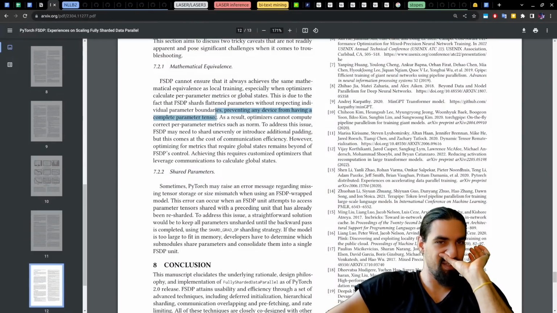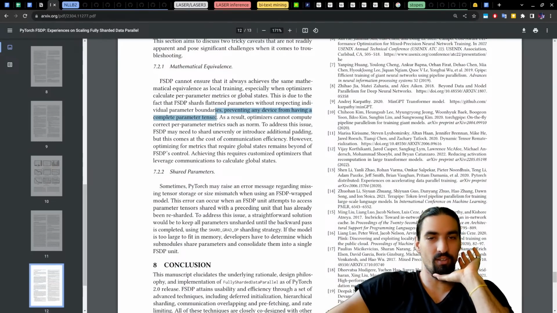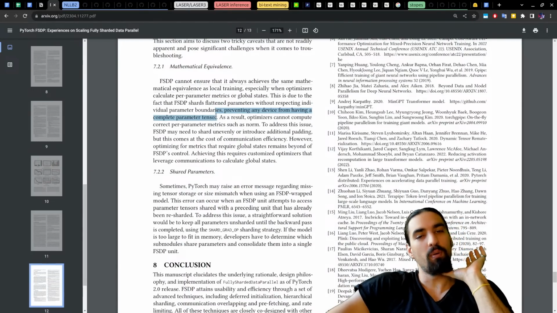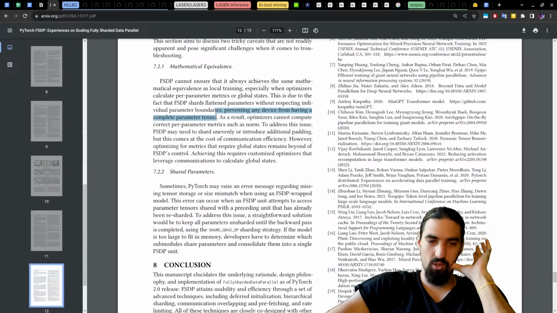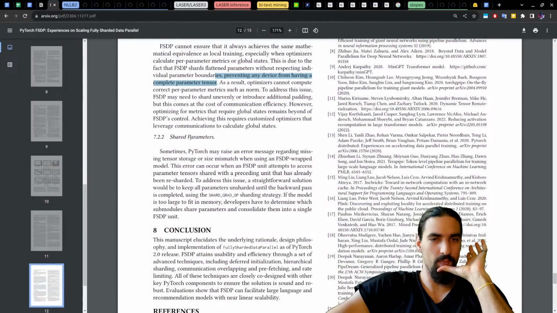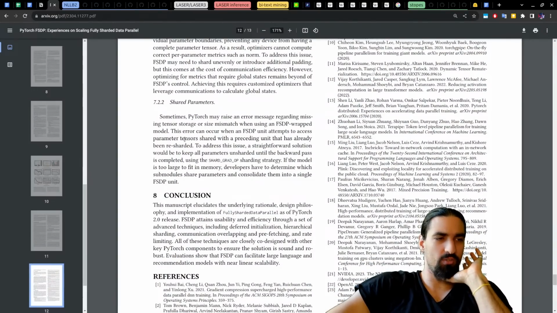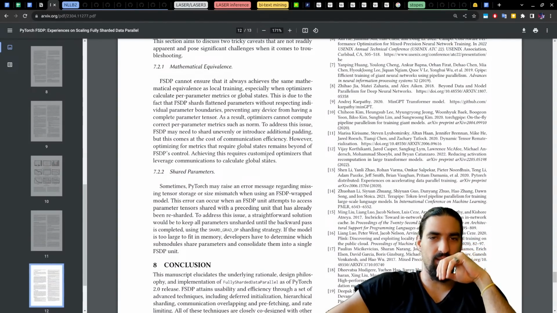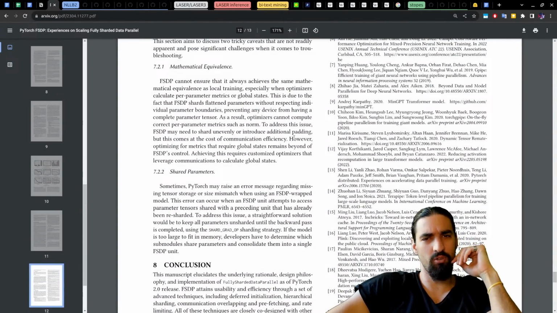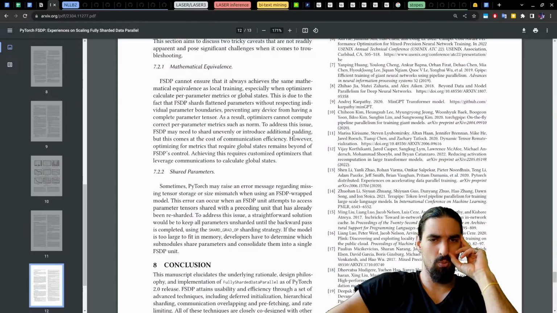Okay, complete as in you only have at most one layer materialized on a device or what? Okay. Shard parameters. If anybody knows what they are saying here exactly, I think that's the case, but it's not intuitive. Why is that? Why can't you